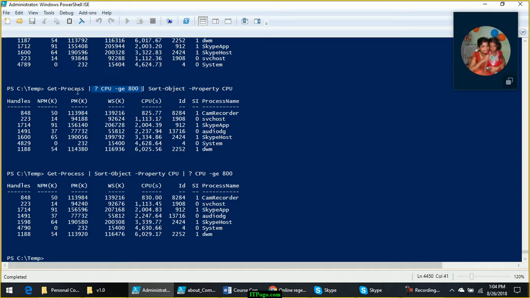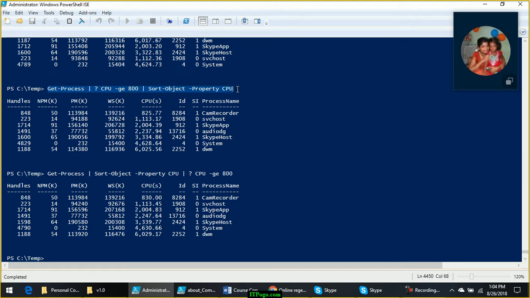So after filtering, where this command has produced 500 objects, the filter has removed unwanted objects and kept only 8 objects in the pipeline. Sort has to sort only 8 objects, right? So this command has to do less work, and the performance will be better for this command line.